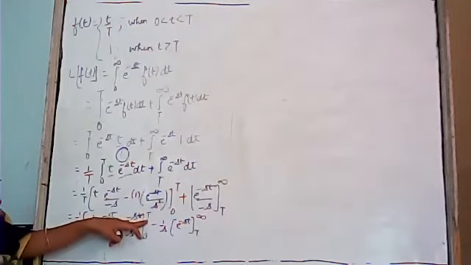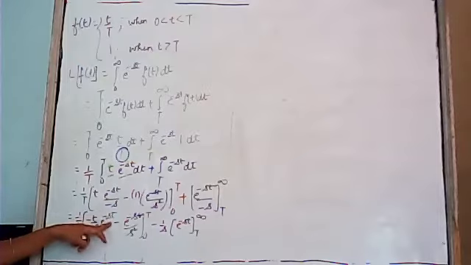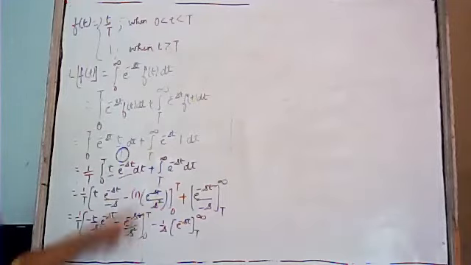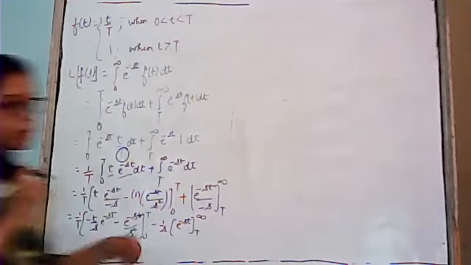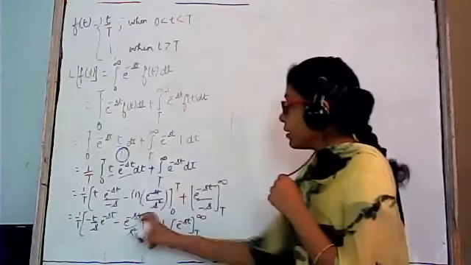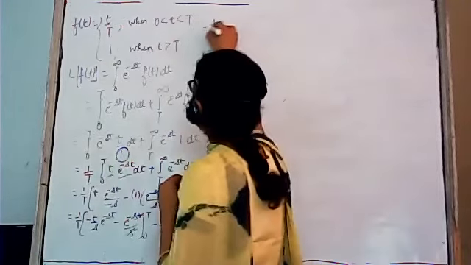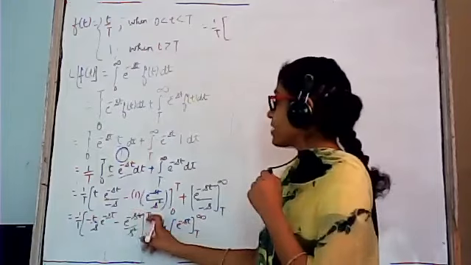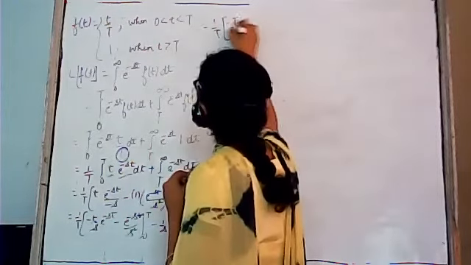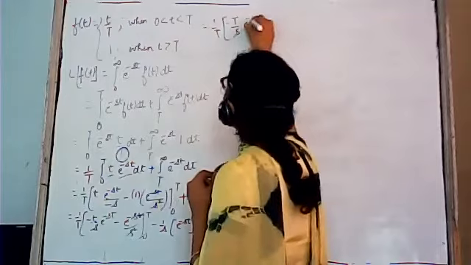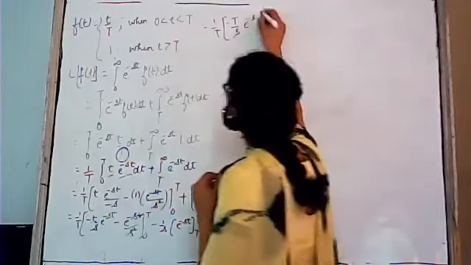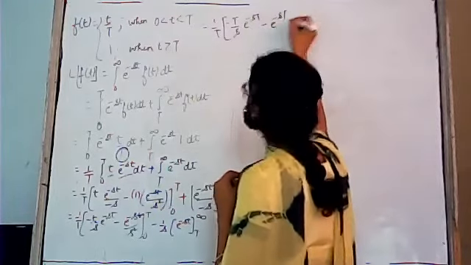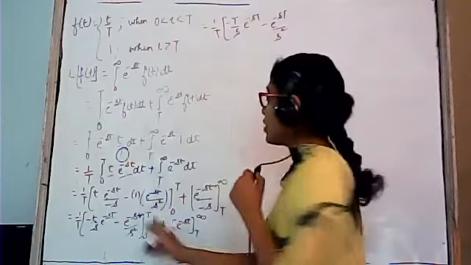We have to substitute this limit in the term of t, because we were integrating it with respect to small t, and these limits are of small t. Okay, these are the limits of small t. So when you put the limits, you will put this value in place of t. It will be 1 upon T as it is. This minus small t will be replaced with capital T. It will become minus T upon s e to the power minus sT. Again, this small t will be replaced by capital T, minus e to the power minus s into capital T divided by s square. So that was the upper limit.